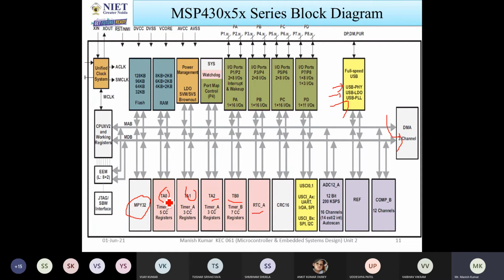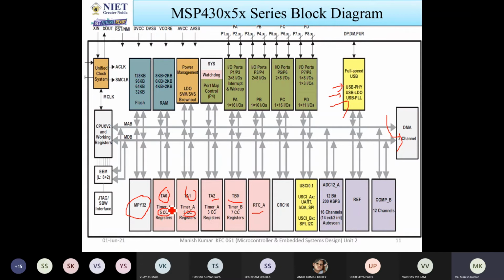Now TA0 indicates timer A. It has 5 CC registers, meaning 5 capture and compare registers. Same way TA1, timer A, has 3 capture compare registers. So that is the difference between timer A0 and timer A1.